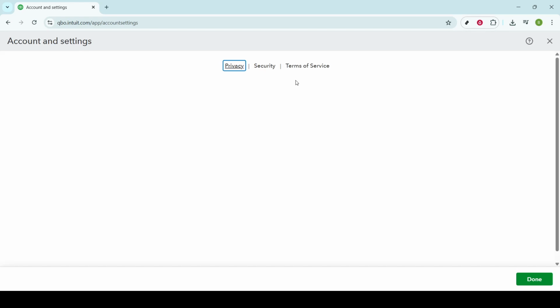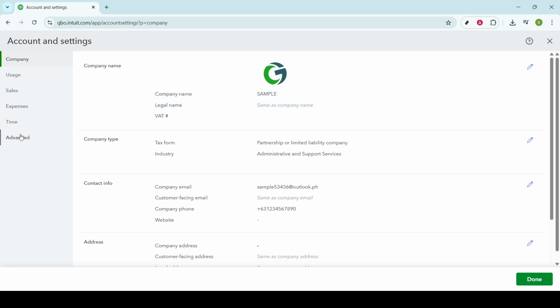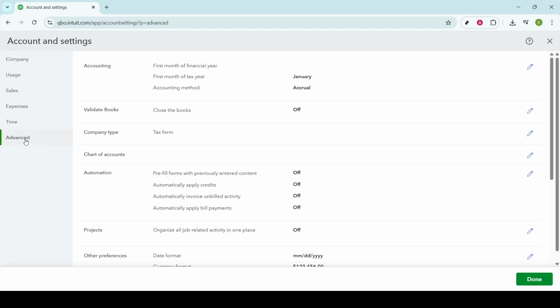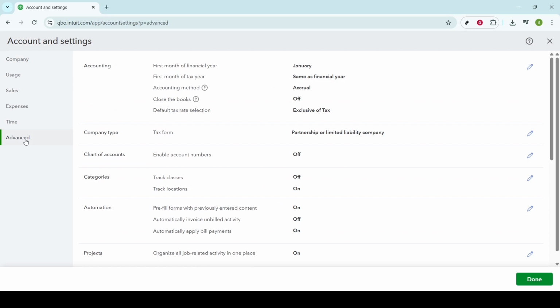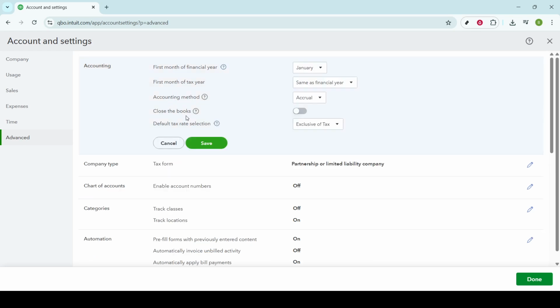Next, look for the Advanced tab along the left side of the screen and click on it. This area includes settings not only important, but crucial to the security of your financial data. As you scroll through this section, locate the option labeled Close the Books. Clicking this option will bring you to the settings required to lock your previous year data, a feature designed to protect against unintended modifications. To activate this feature, you'll need to toggle the Close the Books option to the On